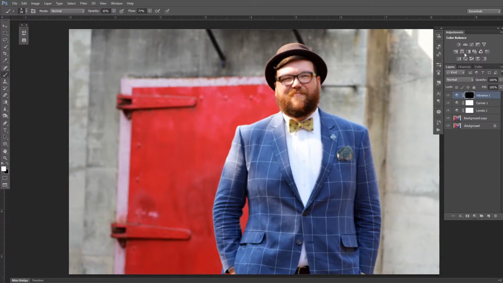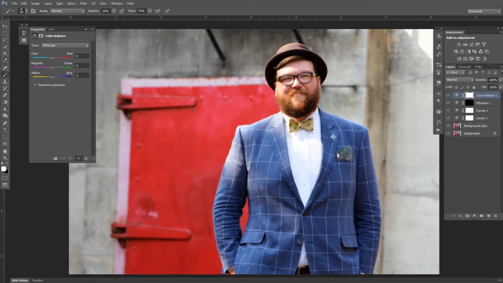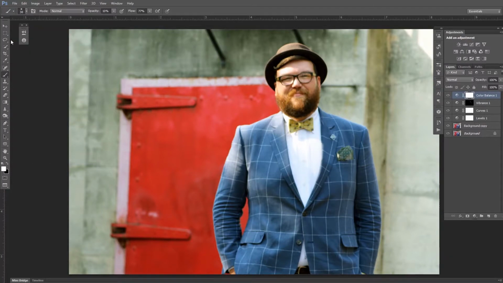So let's move on to our color balance. Within this bow tie and the beard and everything here, I'm going to bump my greens, bump my yellows, and we're going to bump, let's see, we want to go away from red because we have a lot of red here, and let's go more towards the cyans and bring out this deep blue color here in his pocket square. Control I to invert the mask, B for brush again, you're on white, and paint on that color adjustment,